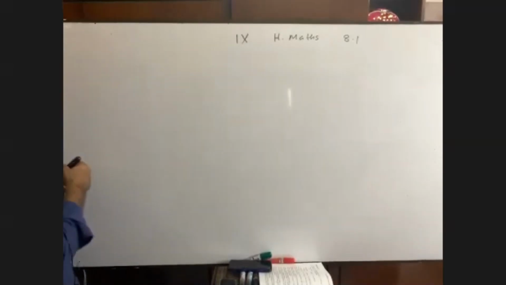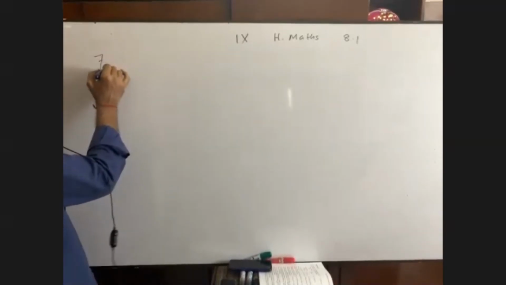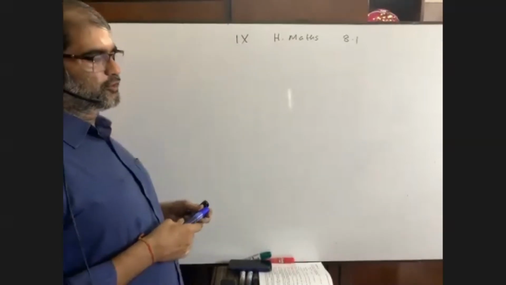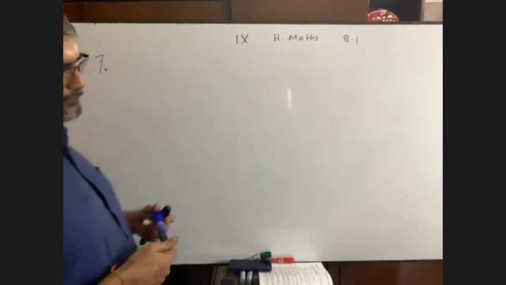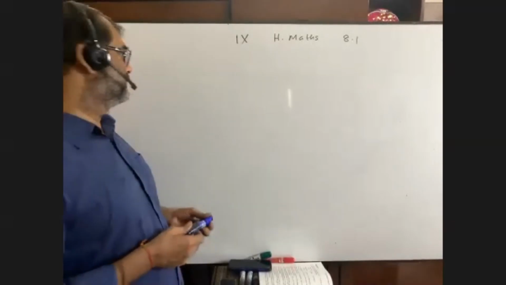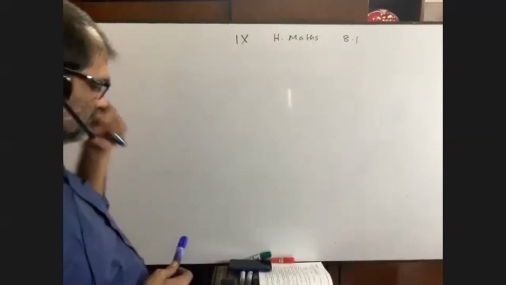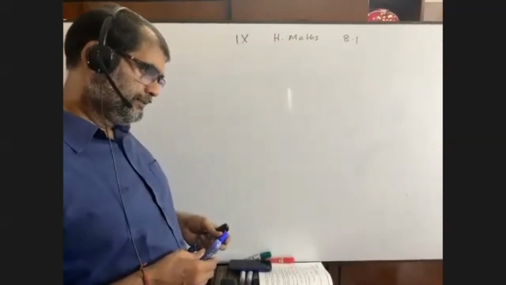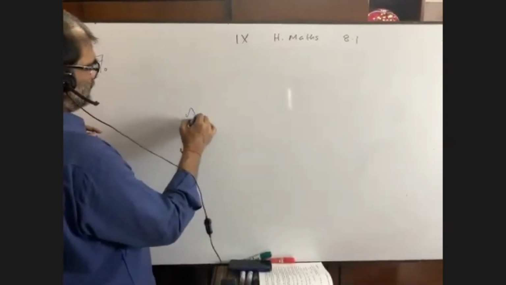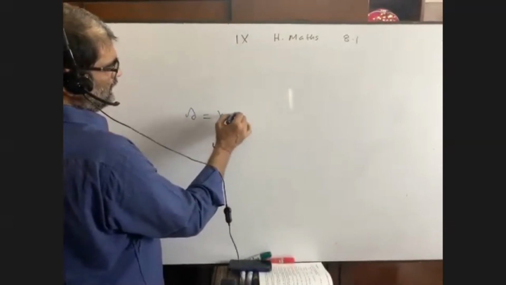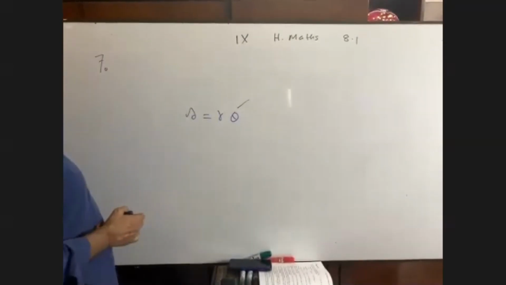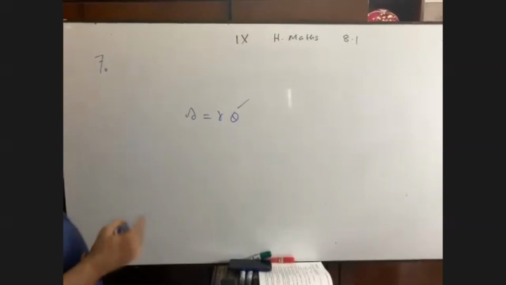Someone is saying, Sir, S equals r theta. Let me know, sir, the theta may be in degree or radian. Theta, of course, is in radian. Sir, can the arc be an integer? Can S be an integer? S equals r theta. Wait, theta is in radian.